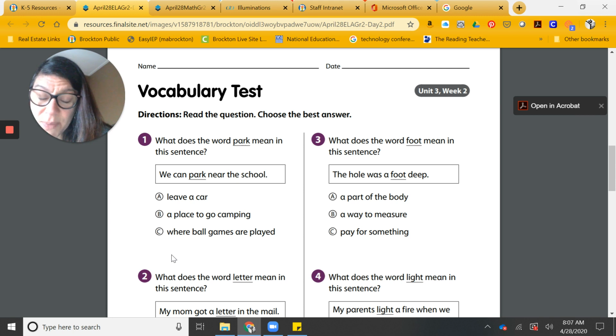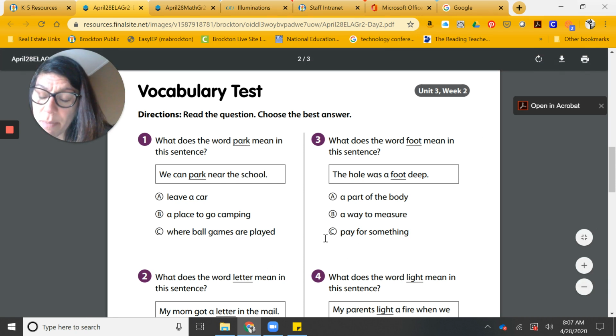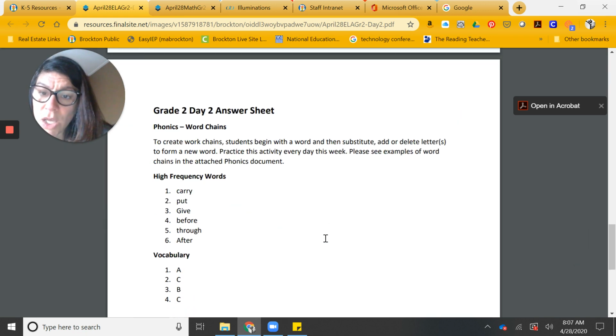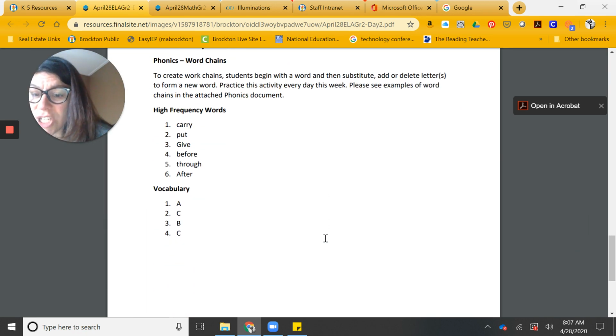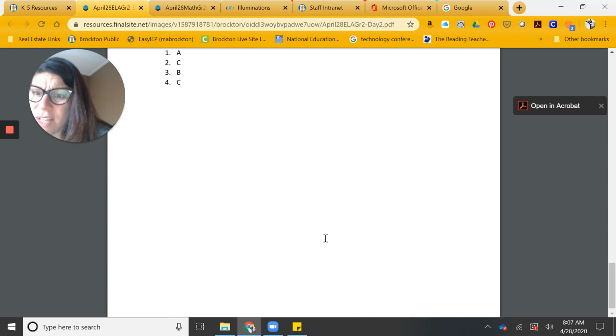Did you get the answer? Okay, in this case, I would write the number 1, and then I could either write A, B, or C, depending on the answer. You don't necessarily have to write all of this down on your paper. Okay, and then there are answer sheets to check your work. Okay, so that's just a quick